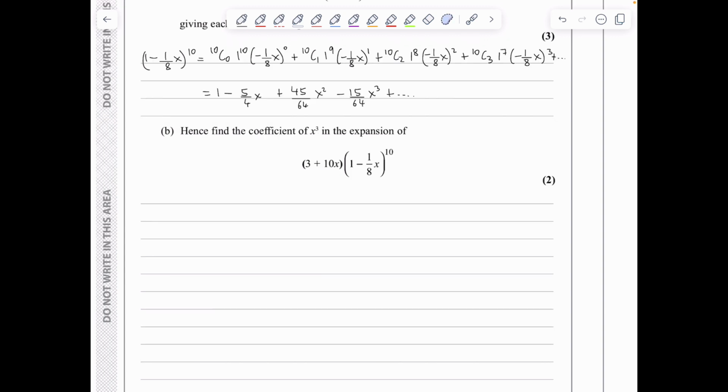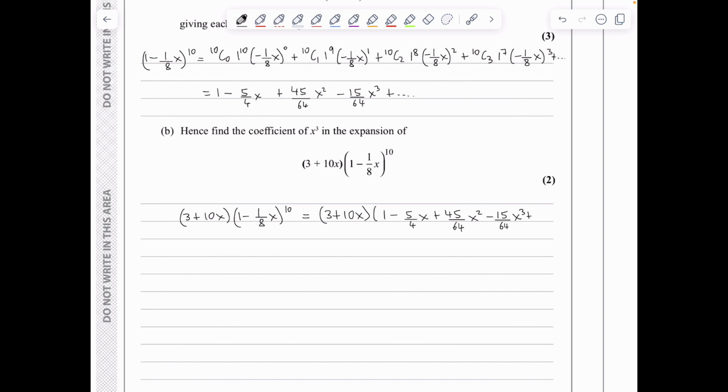In part B, we are asked to find the coefficient of x cubed in the expansion of 3 plus 10x times 1 minus 1 over 8x to the power of 10. So I will start by writing out the expansion we obtained from part A. So we've got 3 plus 10x, the first bracket, and the second bracket expanded. The first few terms are 1 minus 5 over 4x plus 45 over 64 x squared minus 15 over 64